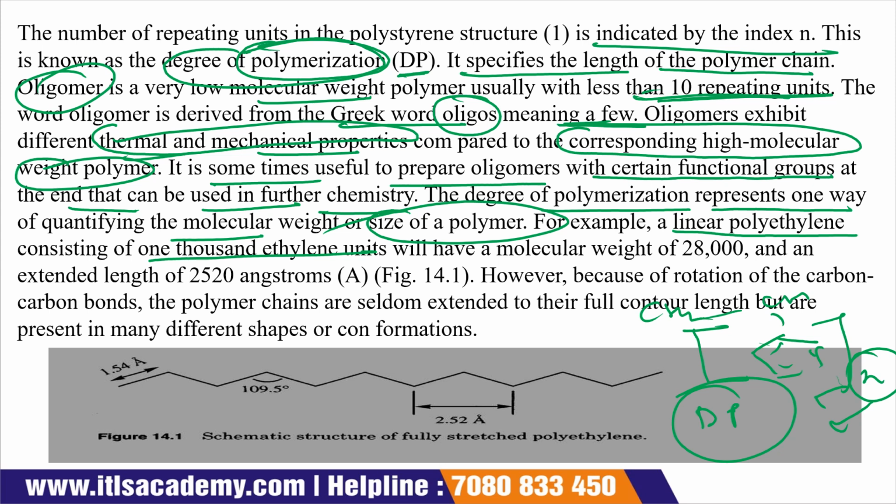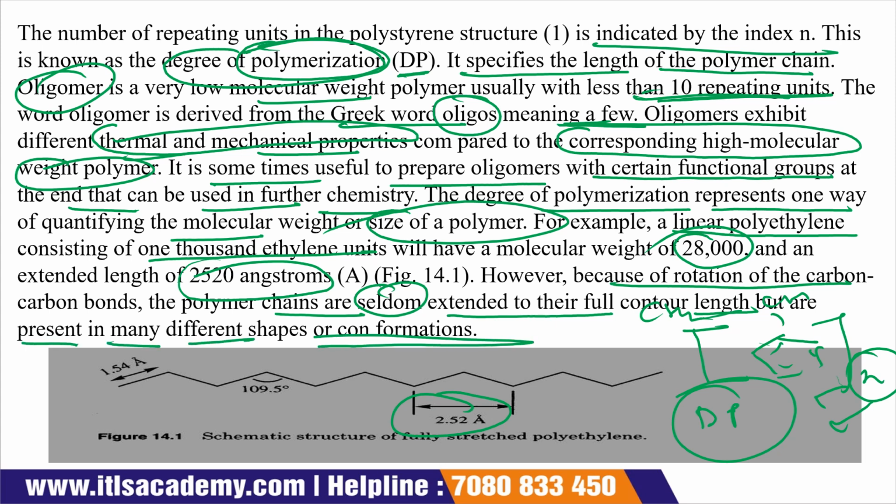Okay, if we talk about a linear polyethylene, what does it contain? It contains 1000 ethylene units that have a molecular weight around 28,000, and it will extend to a length of 2520 angstrom. Here it is represented in a diagram. See this. However, because of the rotation around the carbon-carbon bond, the polymer chains are seldom extended to their